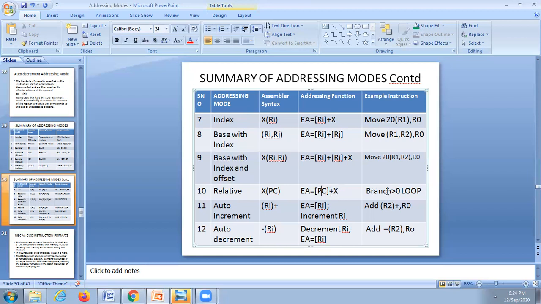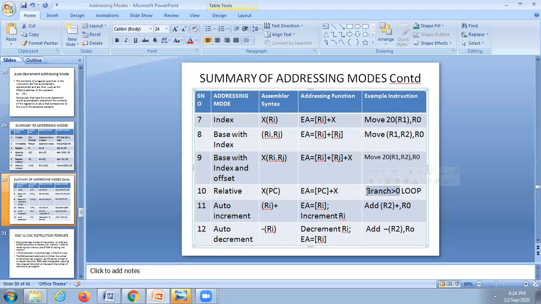An example of the instruction is branch if greater than 0, this is the condition. If this condition is satisfied, then you go to loop. If the condition branch greater than 0 is satisfied, that means if there is a carry, or if A is greater than B, like that. Okay, that is the condition.